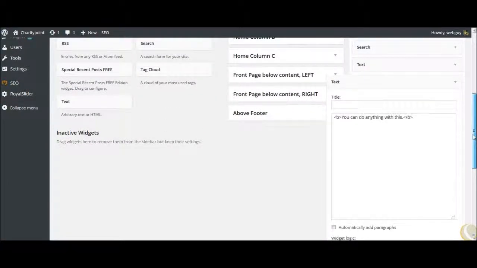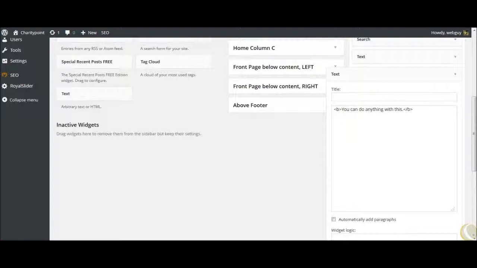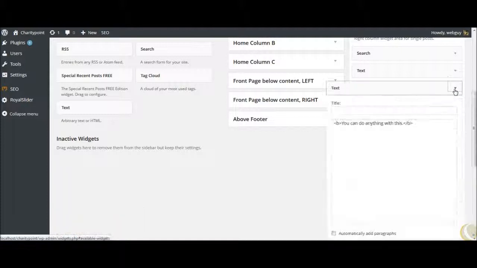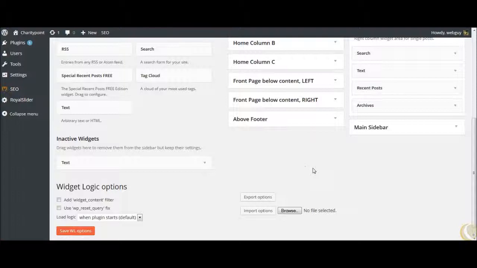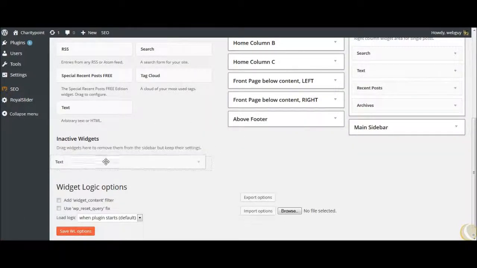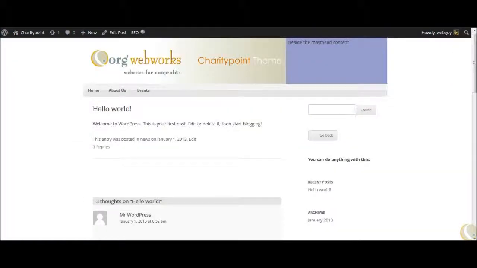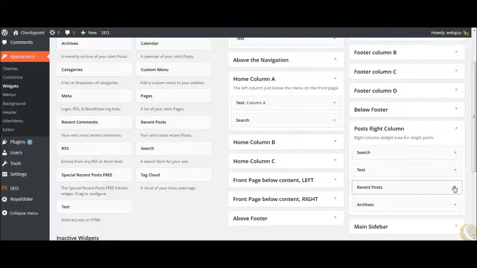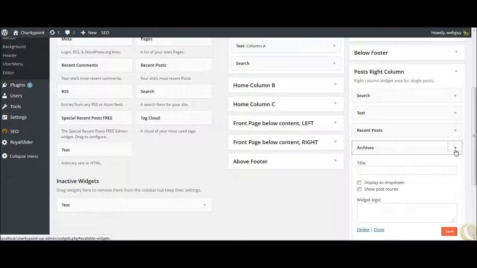this particular item we really don't need there. Now we can just simply delete it. That would be easy. Or we might say, you know what, I liked this particular item that I created. I might use it later. So you just close that up and put it in the inactive widgets. That way, later on, should you want to use it again, just put it back in there, drag it back in. You don't have to recreate the wheel. Okay, let's go back here, refresh, and it should go away. So it's gone. Then we have recent posts and archives. Okay, recent post right here, limited to the last 5, and then you have your archives. So